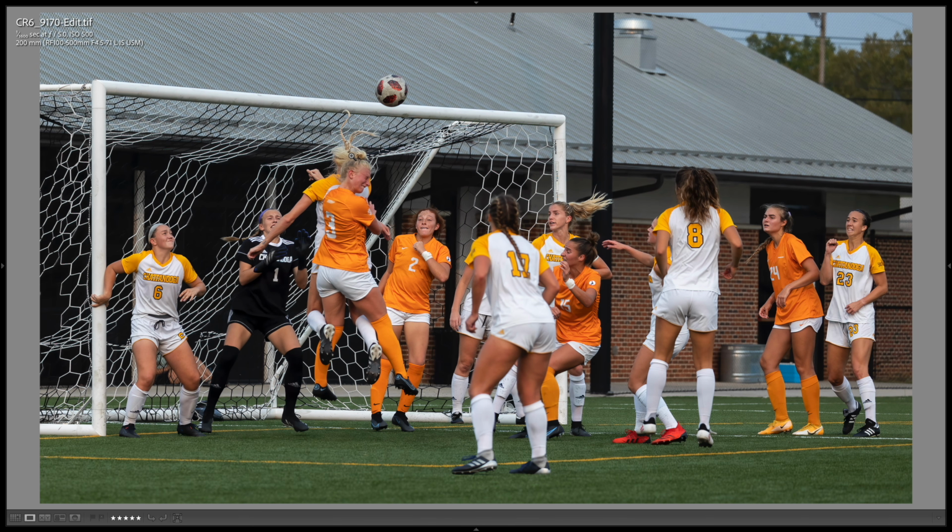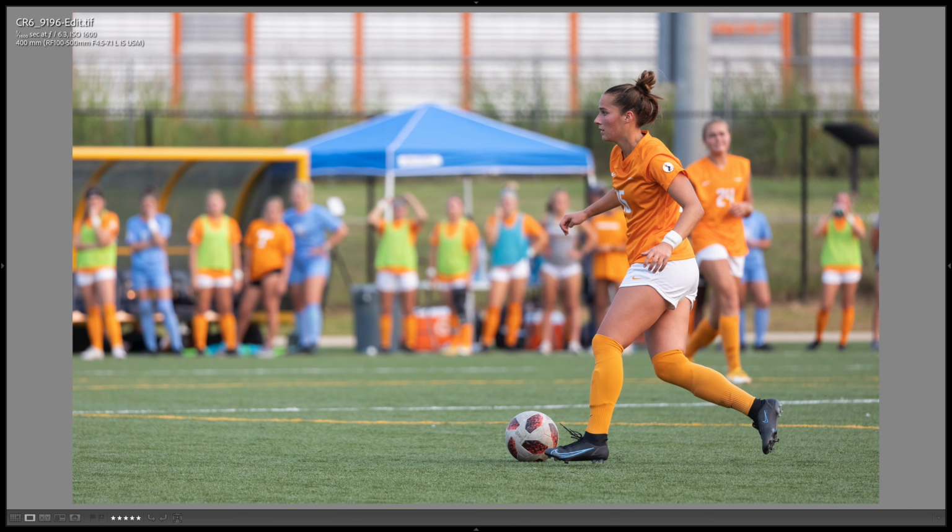She saved this goal, but she also smacked her head hard against UT's player number 3, and she was out for the rest of the half, but she did come back and play in the second half, so that was good. There's not a whole lot of action going on in this shot, but I thought it was cool because